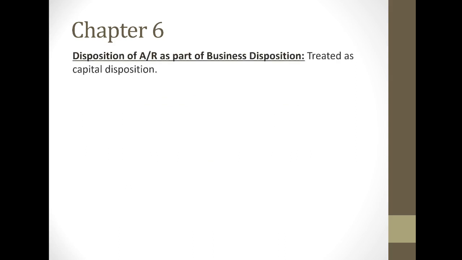We also talked about when there's a disposition of accounts receivable as part of selling a business. Now, an accounts receivable is considered a capital asset. So if a business sells their accounts receivable as part of selling their business, then that would be treated as a capital disposition. Now there is this joint election available under Income Tax Act Section 22. This basically tries to make the situation perhaps a little bit more tax beneficial to both the seller and the purchaser of that accounts receivable.